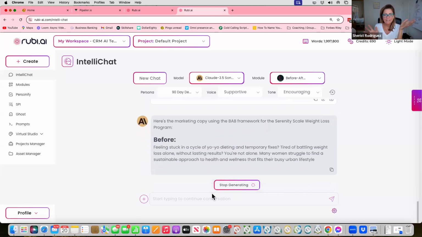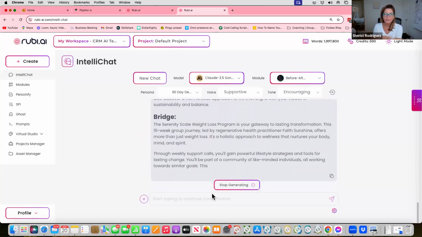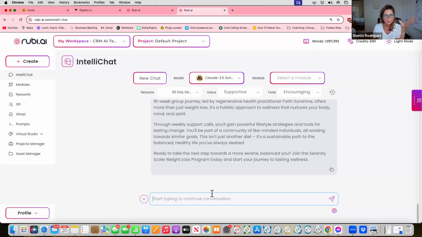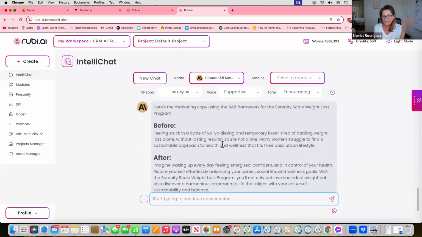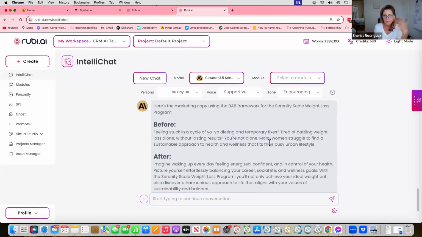Now I'm taking the same exact write-up. If I was a little clearer I could do more to it, but we're just running the same thing in here. And again, it's bringing in, you're not alone. Many women struggle to find, and that's a really great point to remind them, especially if you're doing a group coaching program.